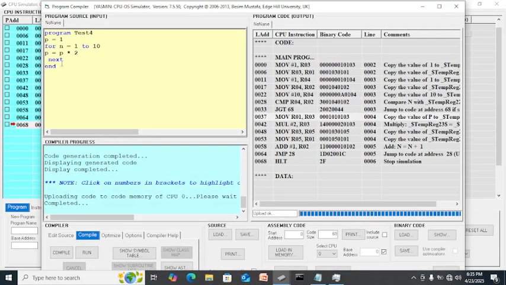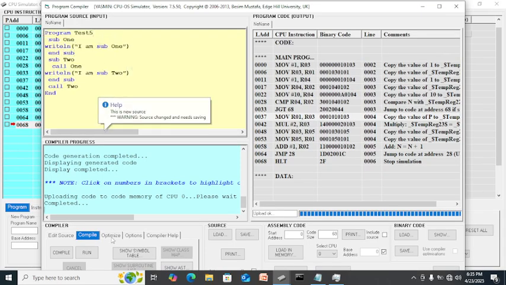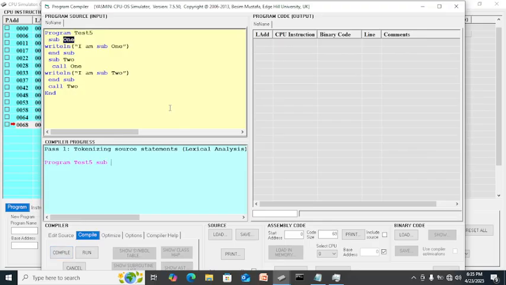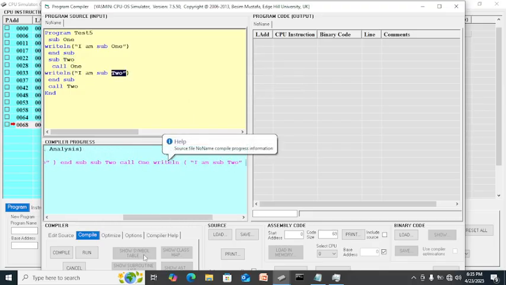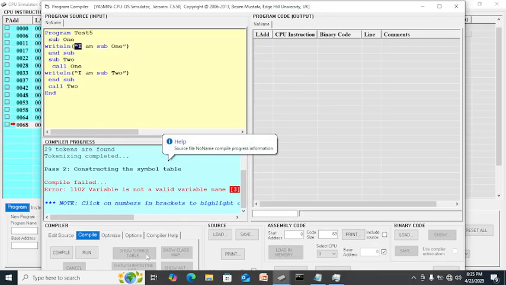Compile. Then paste, Control V. Once you compile it, try to review the symbol table. It failed because of this, it should be code.